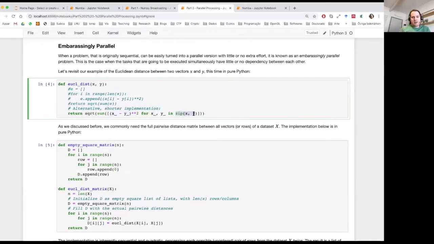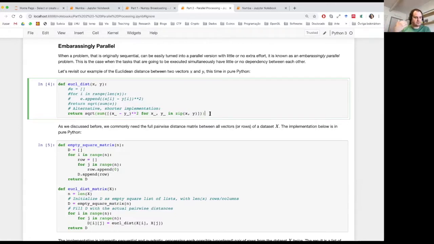And maybe the hardest part here to understand is this zip thing here. But zip is a built-in from Python that lets me iterate over 2 arrays at the same time. So when I'm iterating over a zip here, basically I'm taking the first element from x and y, and then the second element from x and y, and the third element from x and y, and so on and so forth. Then I'm squaring the difference and putting it into a list, okay? I don't expect you guys to understand what's happening here. I just wanted to drop this to raise your curiosity so that you can go outside and learn about